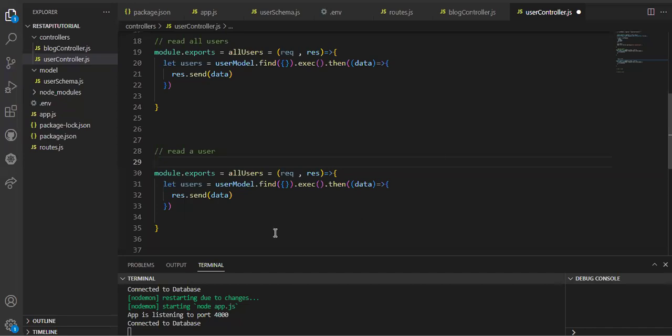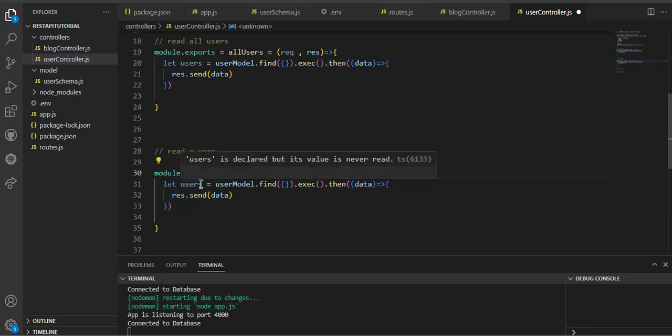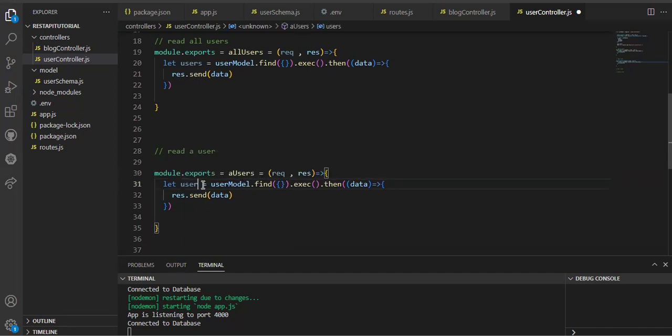Okay, these are the little stuff we're going to just change. We might decide to change this to a user instead, and this variable, we might just decide to change it to a user. It doesn't really matter. And we're not making use of the variable for now. And that is it. Now, what are we trying to do? We want a situation whereby we'll be able to get